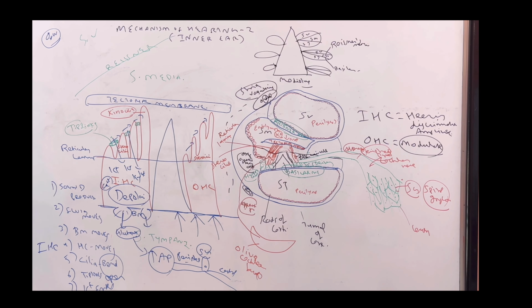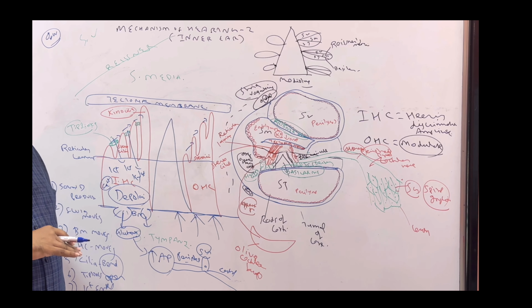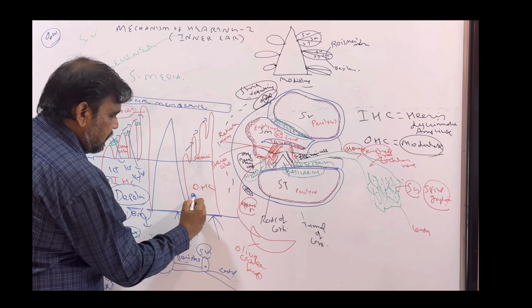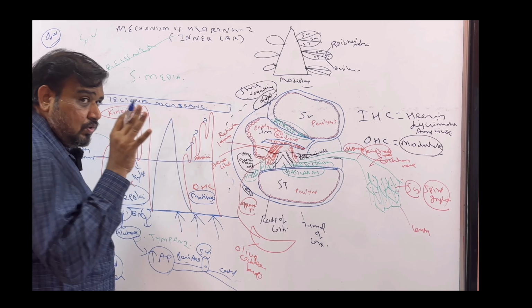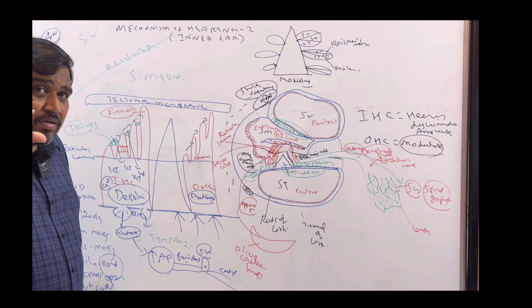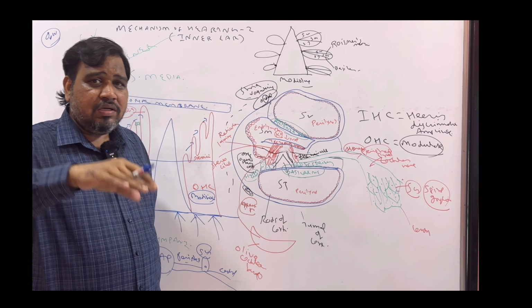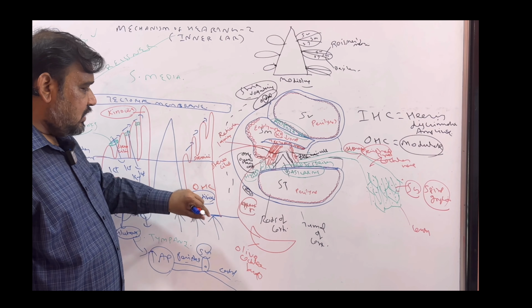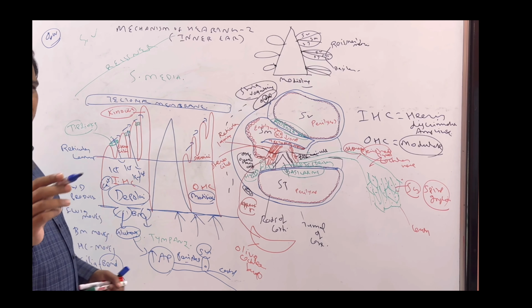Already I told, the inner hair cell is responsible for the perception and discrimination of sound, whereas outer hair cells are responsible for modification of sound: reducing high amplitude sound, or concentrating on a specific sound I want to hear, concentrating on that frequency and masking the other frequencies. Those functions are done by the outer hair cell. So what happens here in the outer hair cell is, imagine,